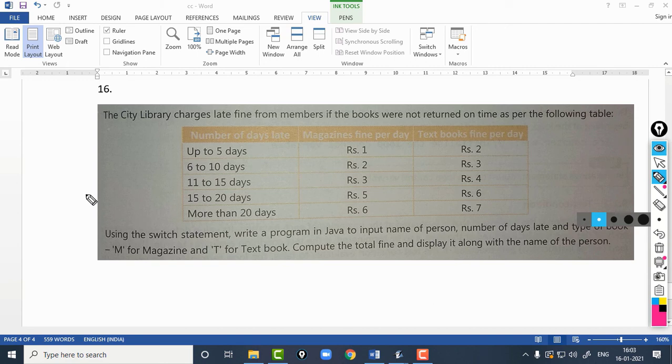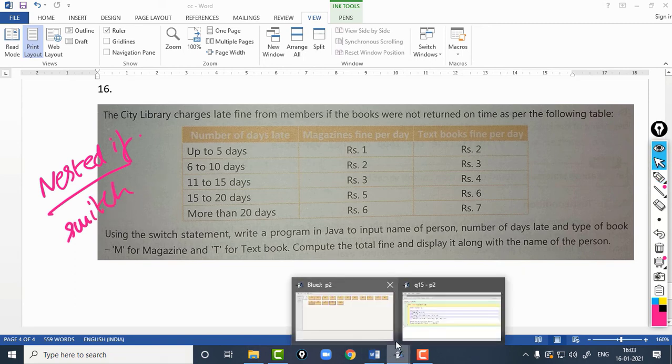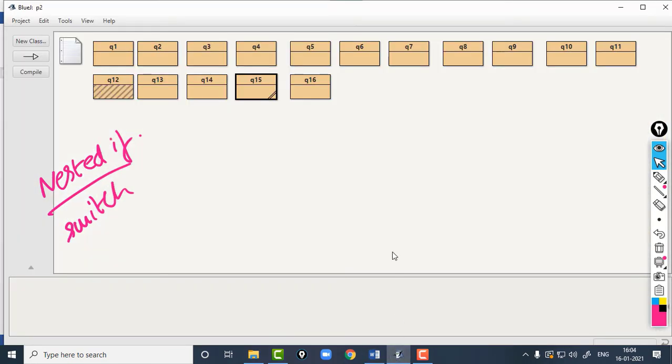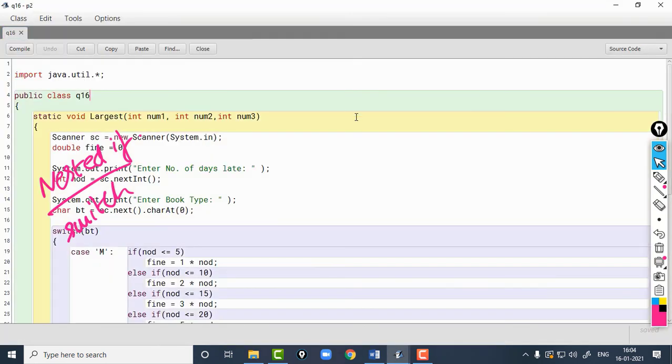For this kind of question you can use nested if, or you can also use the switch case. Here I have used switch case instead of using nested if else. Maybe if I have time, I will show you the nested if one also.